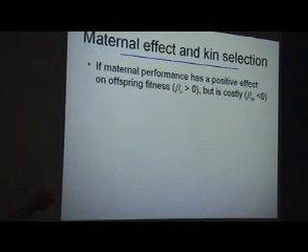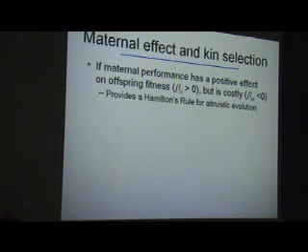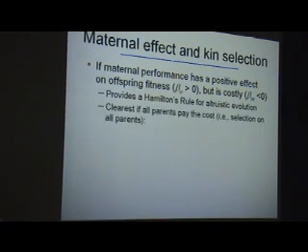But if we assume that maternal performance, something mothers are doing, has a benefit to the kids, so maybe mothers are giving lots of milk, the kids are growing well, and that's good for the kids. So it's affecting the trait that's under positive selection in the kids, how fast they grow. So the selection on the offspring trait is positive, but it's costly, so there's negative selection on the maternal trait. If you think about mothers that give lots of milk, maybe they have a fitness cost, so there's negative selection on this maternal trait. You can get a Hamilton's rule,